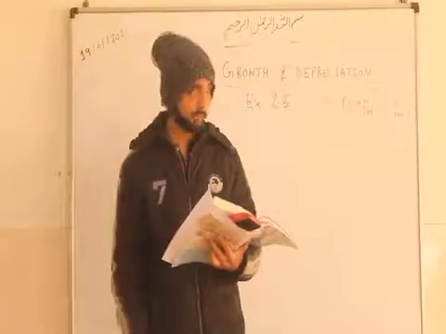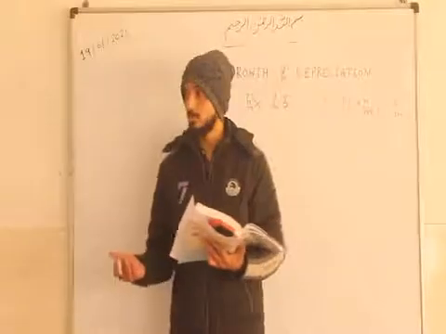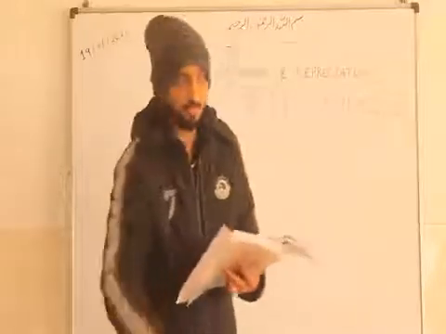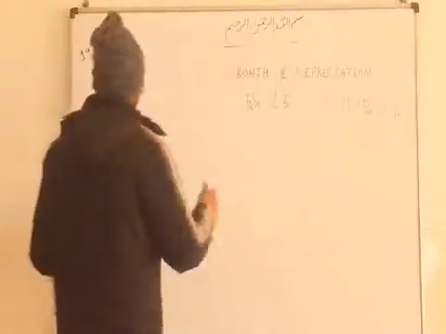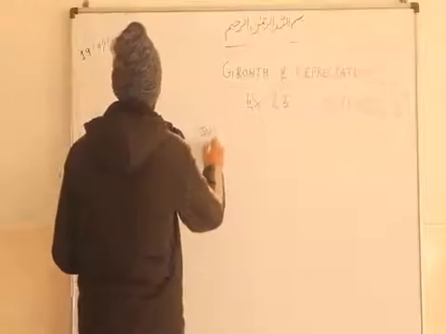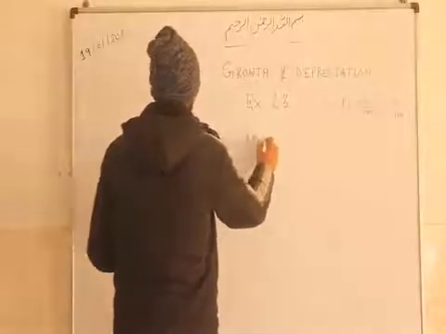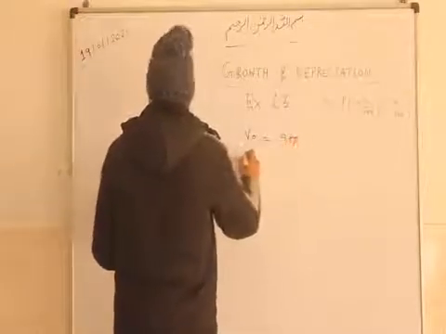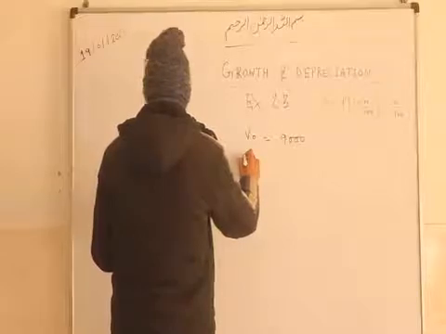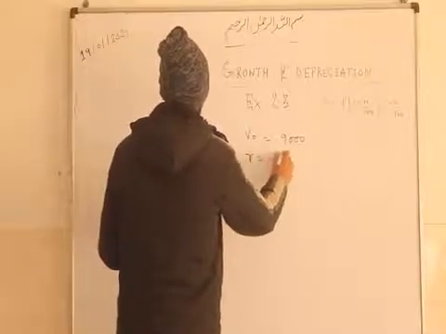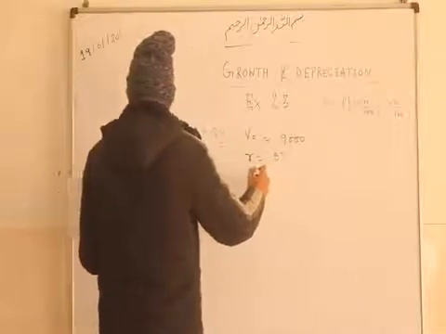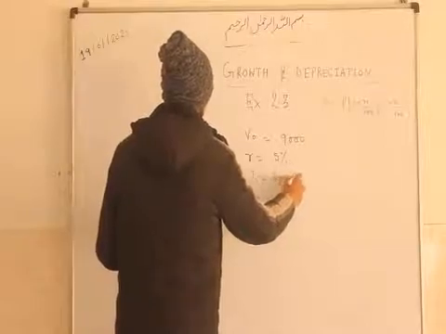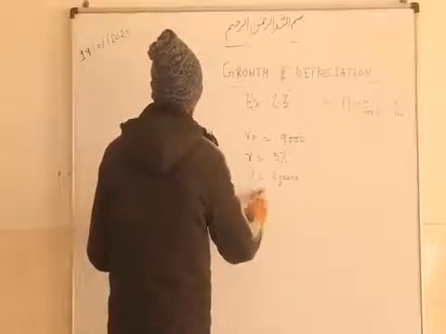So very simple. Suppose we have purchased it at 9,000, and after 2 years we are selling it. How much cost will we get? That is the value of depreciation. So let's see question number 4. V naught is given here. The present value is 9,000 rupees, and the rate of depreciation is 5% per annum. The time is given as 2 years. So after 2 years we have to calculate its final value. So that is V.